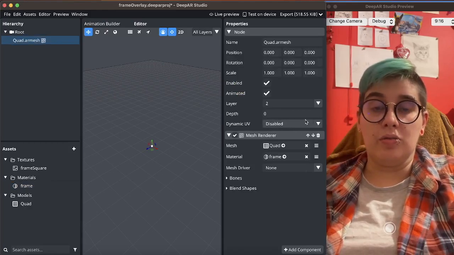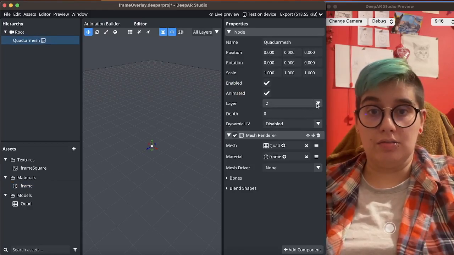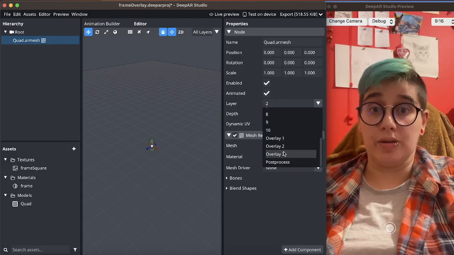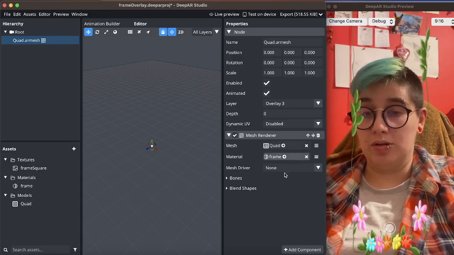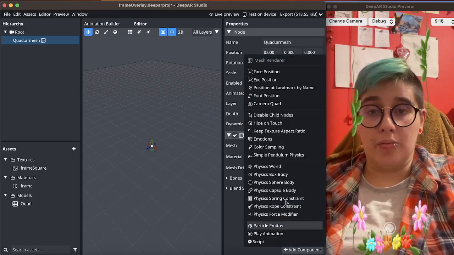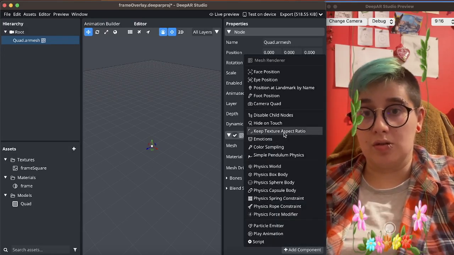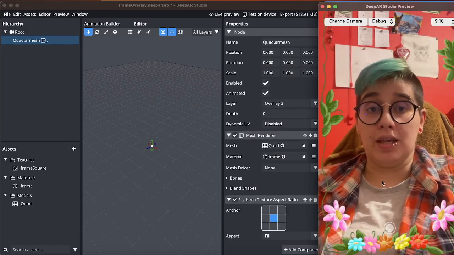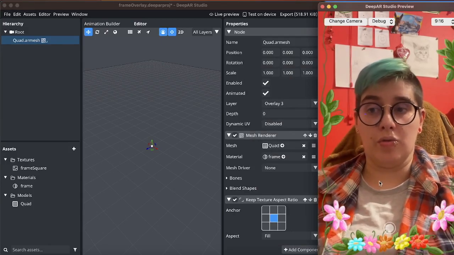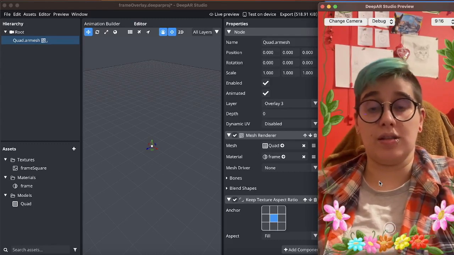So now all we need to do is place it in an orthographic layer, such as overlay. Any of the overlays will do, and you will now see that it is a little bit skewed. That's okay. We have a component that's going to fix this for you. It's called keep texture aspect ratio. And then this should fit perfectly on a portrait mode of a screen, such as the one that you were